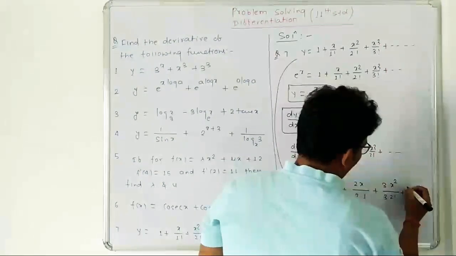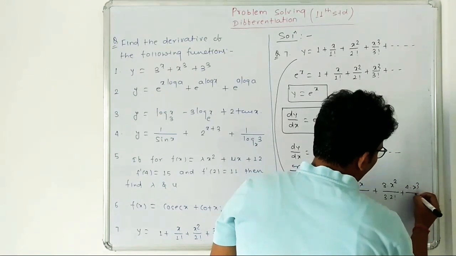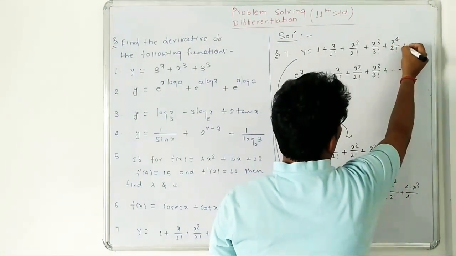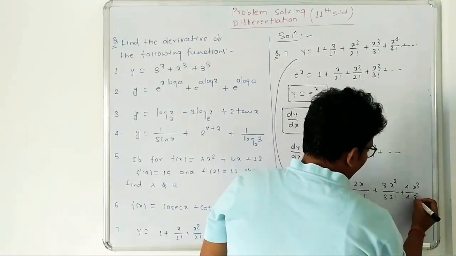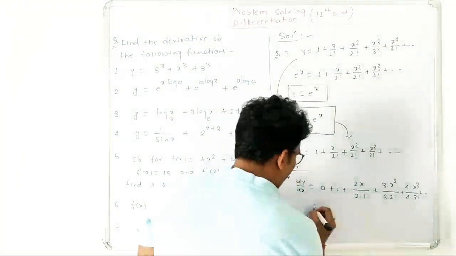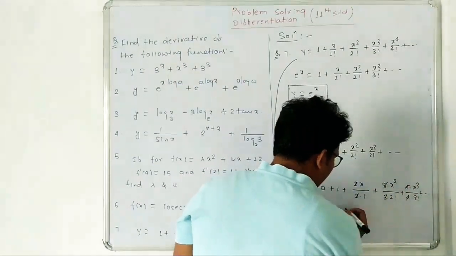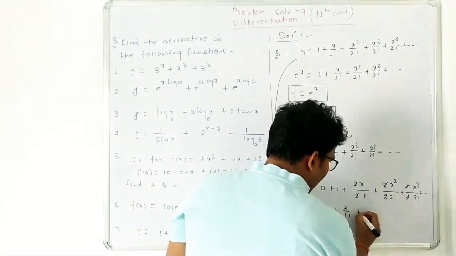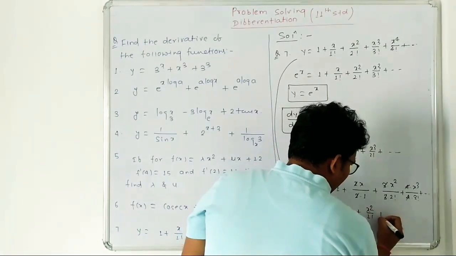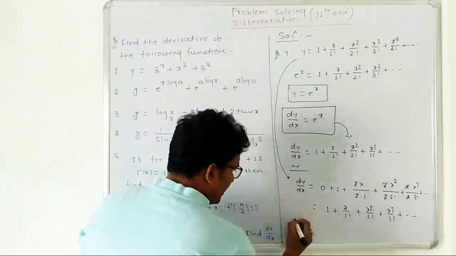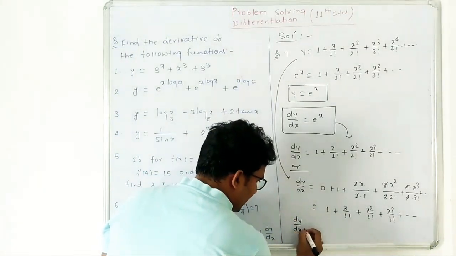The next term would be x raised to 4, so 4 into x cube, divided by factorial 4. I am writing x 4 by factorial 4 and plus and so on, right? So 4 into factorial 3 plus and so on, correct? So 1 plus 2 get cancel, 3 get cancel, 4 get cancel. So this is x by factorial 1 plus x square by factorial 2 plus x cube by factorial 3 and so on, right? So what is dy by dx? dy by dx is nothing but y,